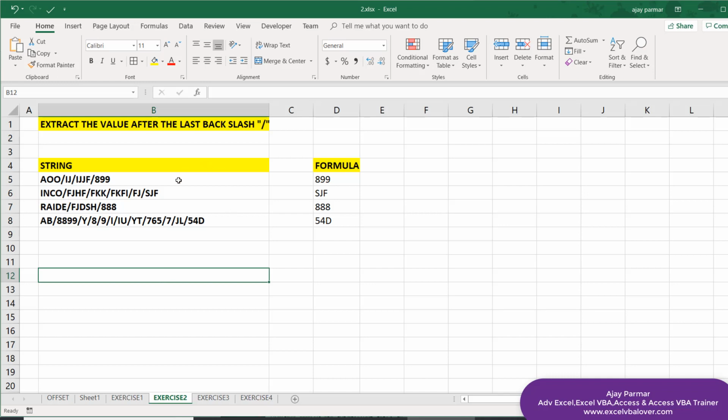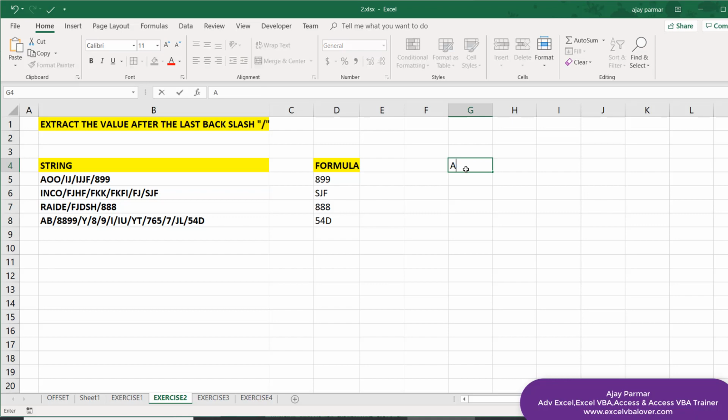Now the first thing is that when you look at this kind of complex situation where you do not know how many backslashes you have, you obviously have to develop the idea. To begin with, we will split all these text entries like we did in the last lecture. So in step one, we will split them. For example, we will split this A and then O and then O and then this backslash, and this way we are going to split them, and you will have all the backslashes here.